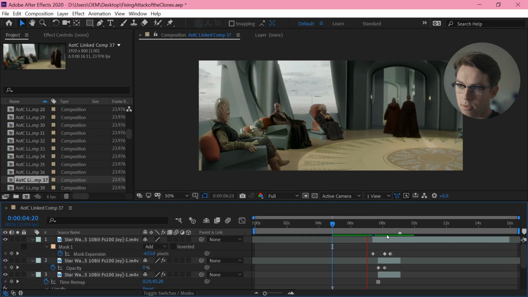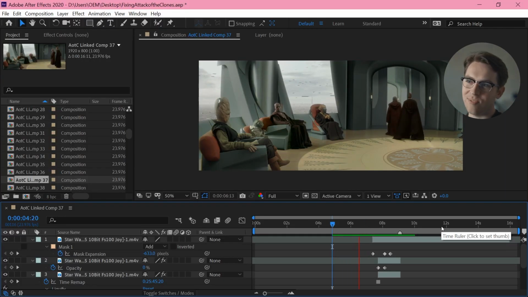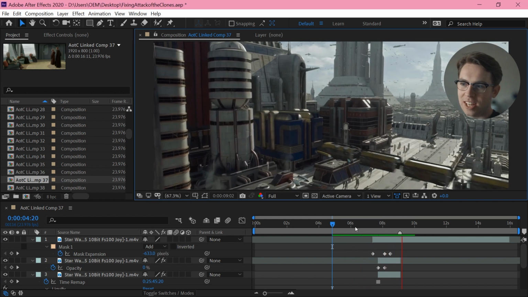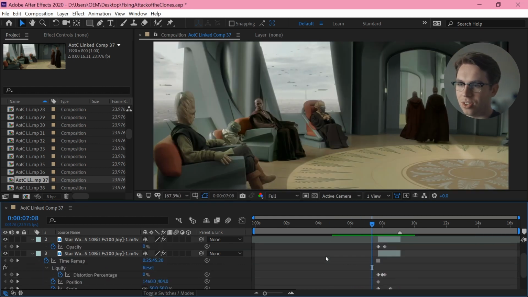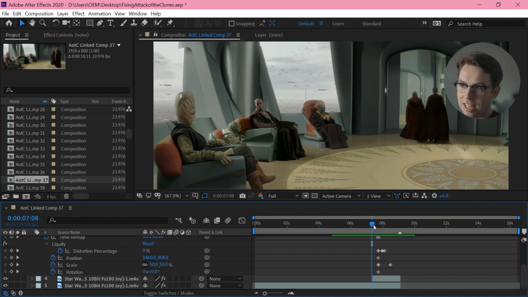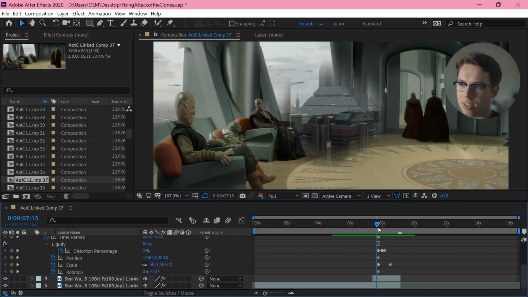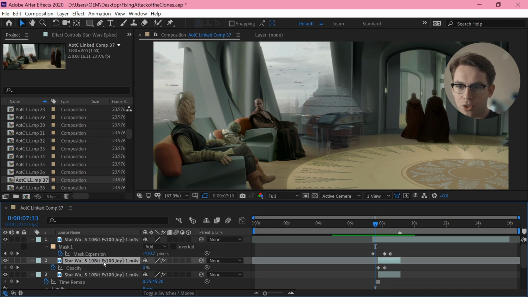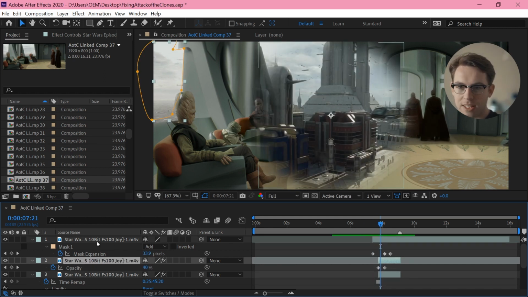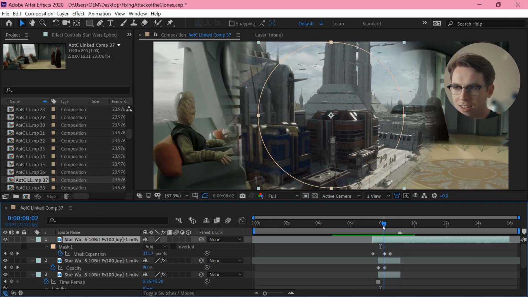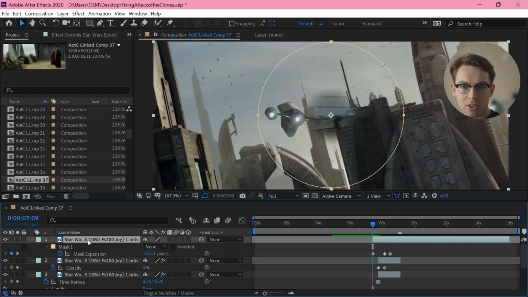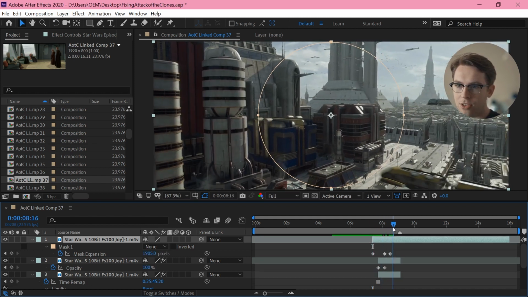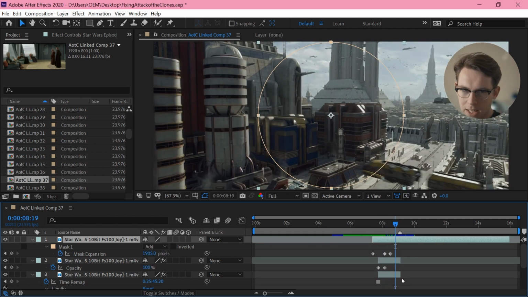Shot 37. This is an embarrassing disaster. Maybe let's not talk about this. Well, obviously I'm having to reconstruct the background, but I've got these guys walking off into the distance, so I've just tried to sort of continue that motion a little bit, but there's only so far that you can push that, and I'm comping back in traffic in the background and all of this ridiculous stuff. And it just kind of looks bad. A fun thing is I'm just matching the transition on this shot by doing a circle mask that's centered in the frame and then just animating the expansion of it out. But let's not talk about this shot.